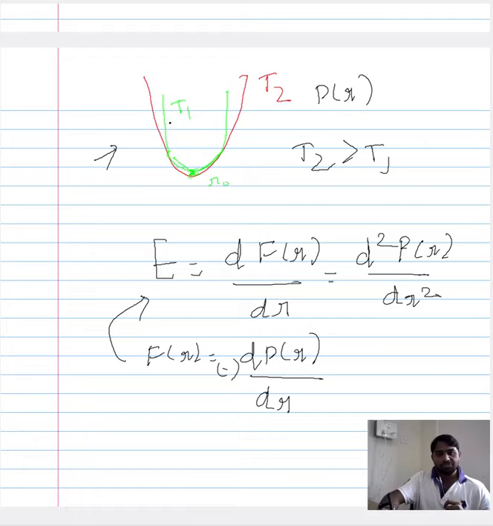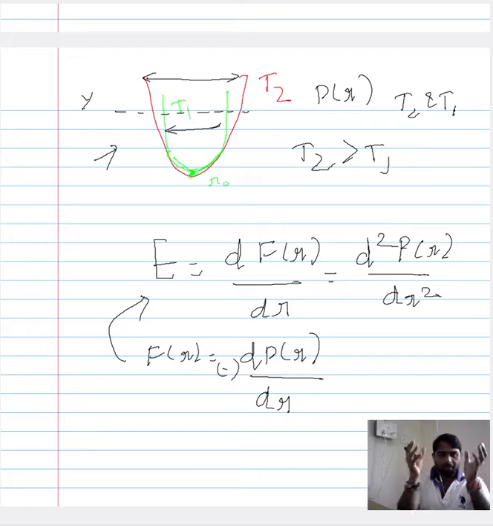The difference between these two curves lies in this region. For a given value of y, the mouth of these parabolas is rather different for T2 and T1. The opening of the parabola for a given y is different for the potential energy curves at T1 and T2. So we have two potential energy curves for two different temperatures, and what changes is the mouth of the parabolas that represent them.